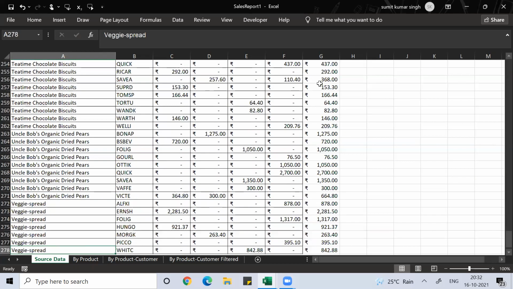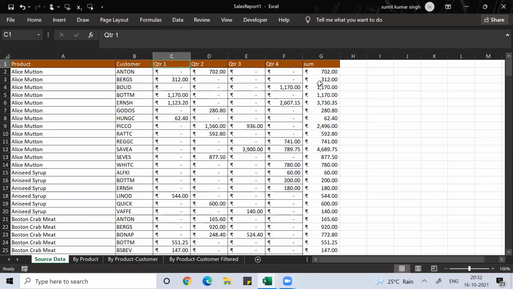If you're looking for some specific product data or some specific customer data, you can see these are customer names, Antonio, Berglunds, Godos. These all are the customer names and whatever sales they have done in quarter one, quarter two, quarter three, quarter four, all are given. If you want the sum of each customer on a quarterly basis, you can do it through subtotal, or manually you can do it by using the filter command. Then manually you have to do all the calculation. Otherwise, I'll suggest subtotal would be a very good option.